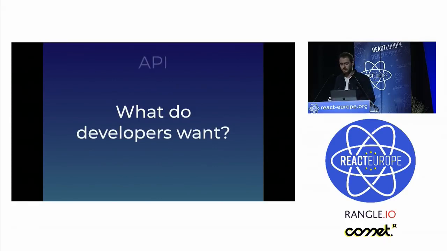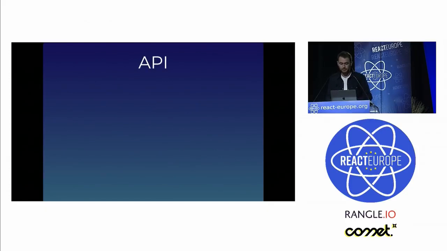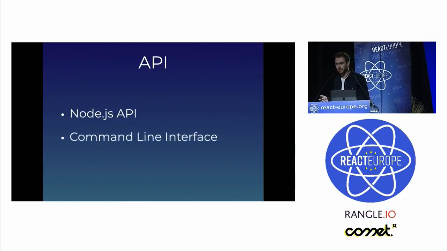So, first, a developer wants an API, the Node.js API. This is the most important one because from this API, you can build any other API. You can build a command line interface. This was my use case, so I decided to build it. And you can also build a Webpack loader. The Webpack loader was not my use case, but by looking at all other libraries, I figured out that it was one of the most common use cases for most users.